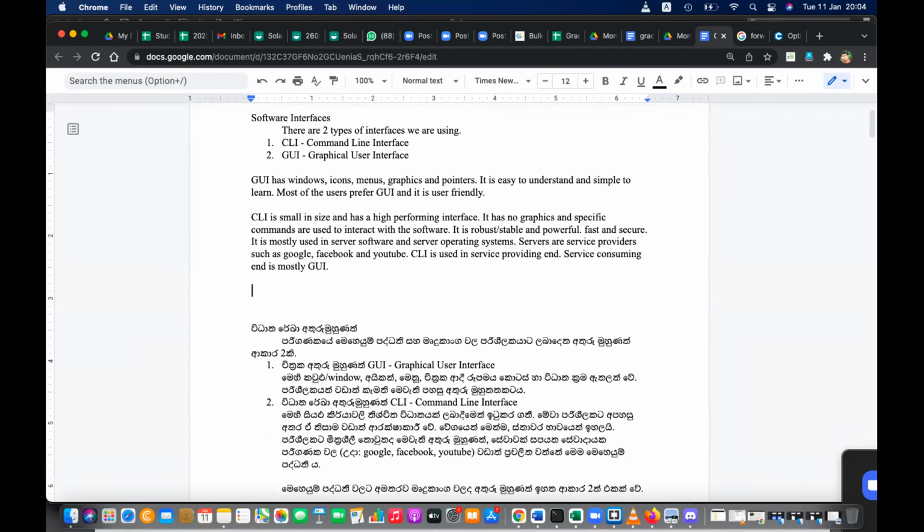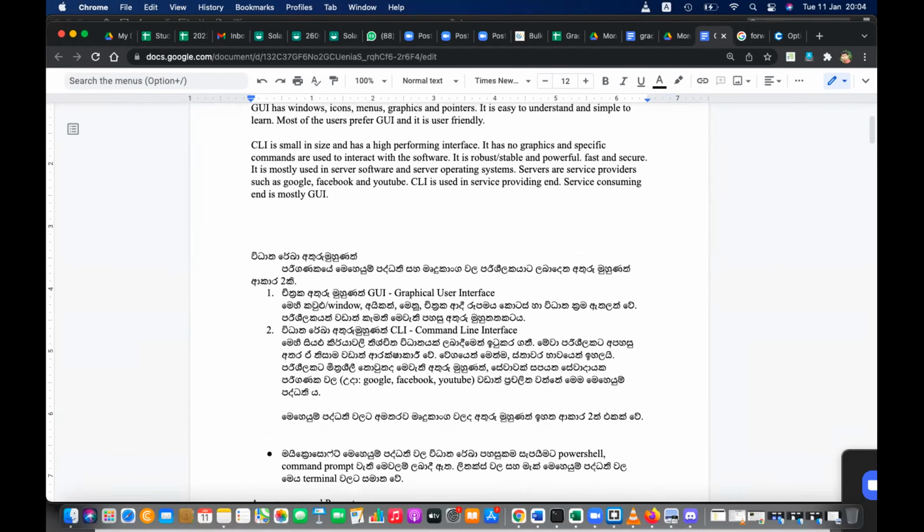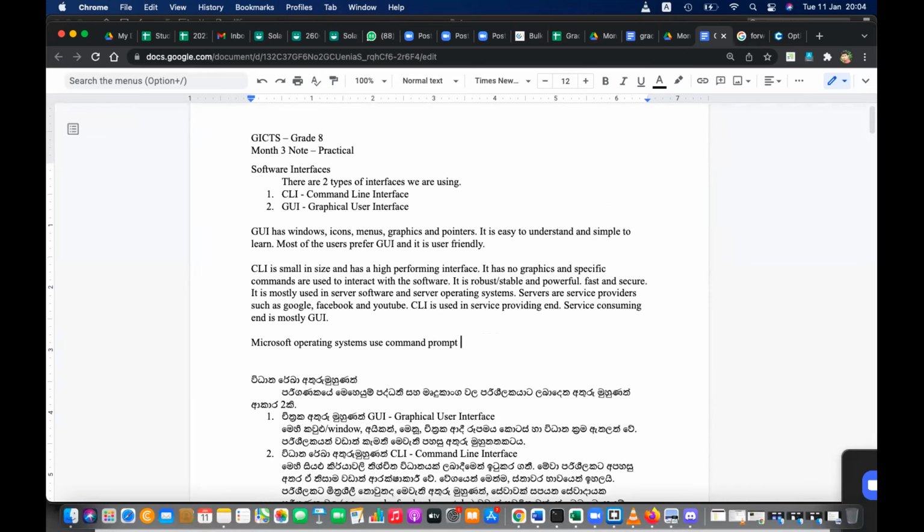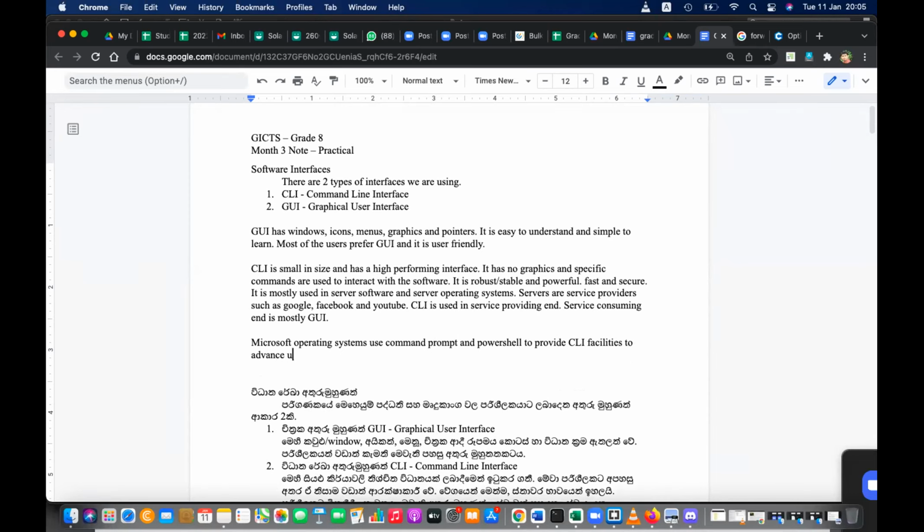Okay, the next part. Microsoft operating systems use command prompt and PowerShell to provide CLI facilities to advanced users, so that they can enjoy the power of the operating system.